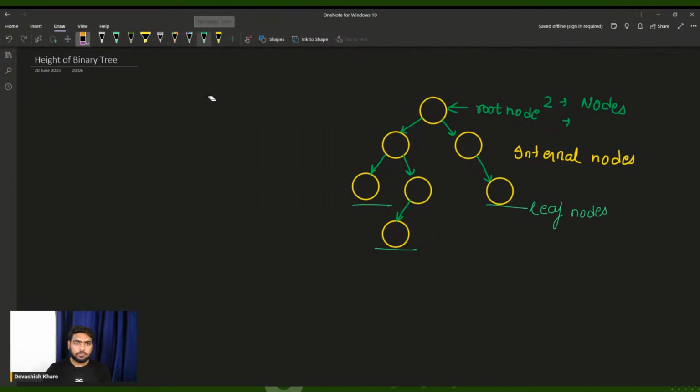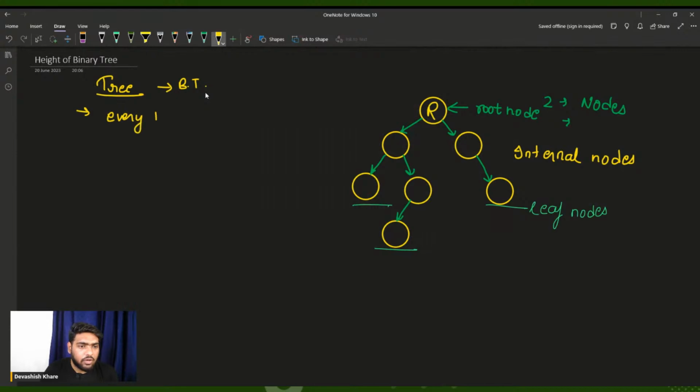Okay. So once we talk about this tree, this is the root. What are the conditions for a binary tree to be called a binary tree? Okay, first of all, a tree data structure is there, and then if we put some restriction on that tree data structure, we can obtain a binary tree. All right. What are those restrictions? The main restriction is that every node must have children